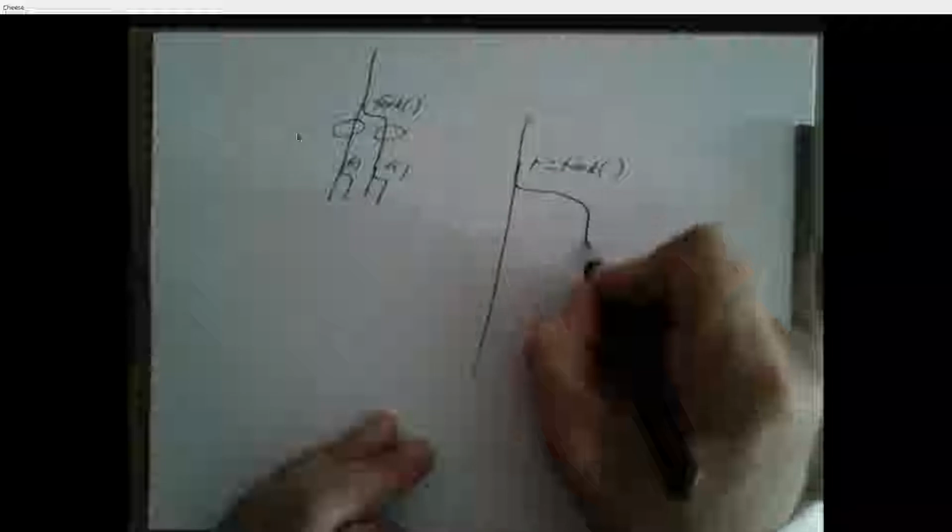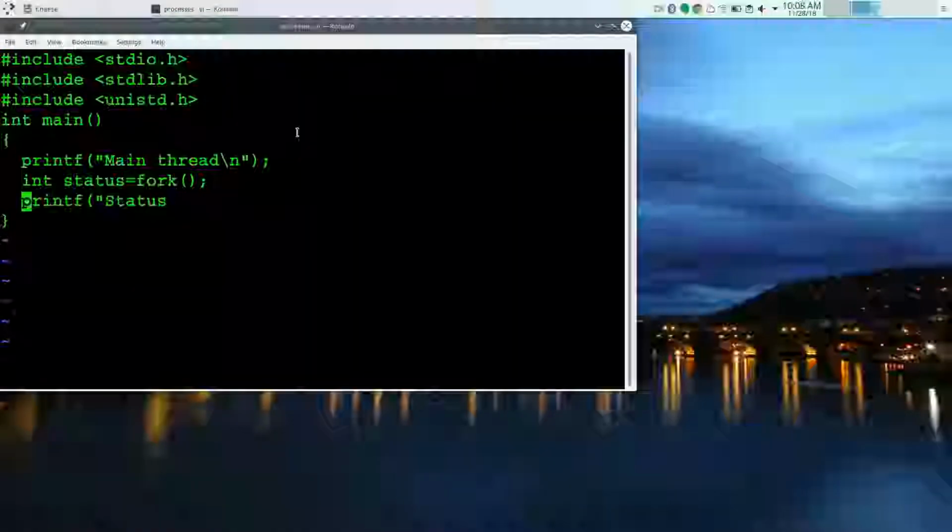So let's do it like this. Here's our main process. Here's your call to fork. If you're the child process, the return from fork was 0. If you're the parent process, the return from fork is the process ID of the child. And that's the only difference between the processes. So if we call fork and we save the status,